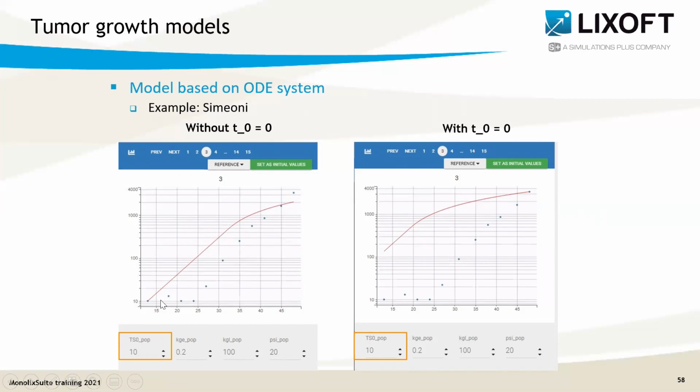And the initial integration time may be different for other individuals. Now, if I define T_0 equals 0, then TS0, the parameter in the model, is actually the tumor size at time 0, at the initial integration time.